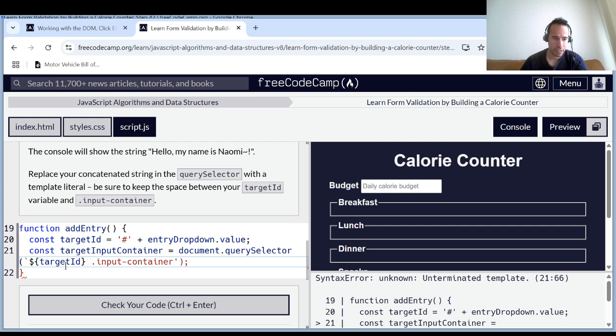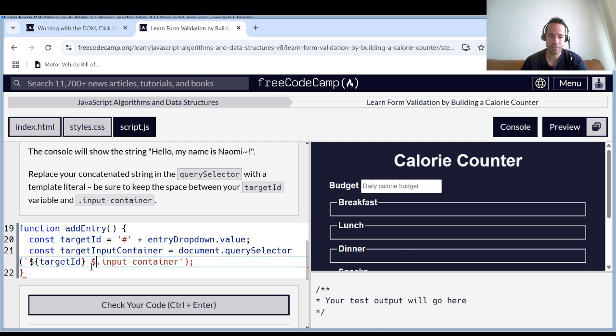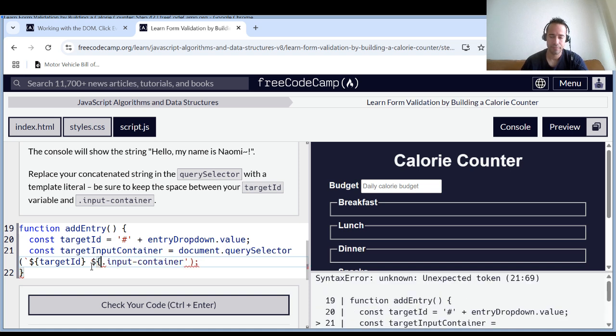Why is there? Okay, I am missing something. Query selector. So you want me to delete this real quick and then add it? Oh, because this is also a variable. Oops. Forgot. This is also